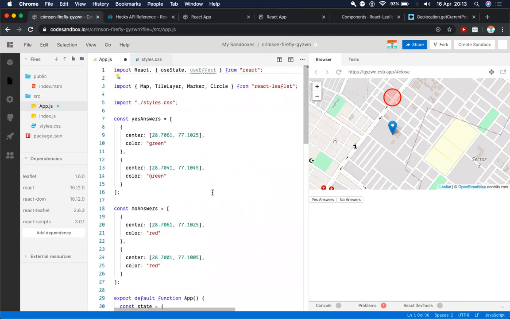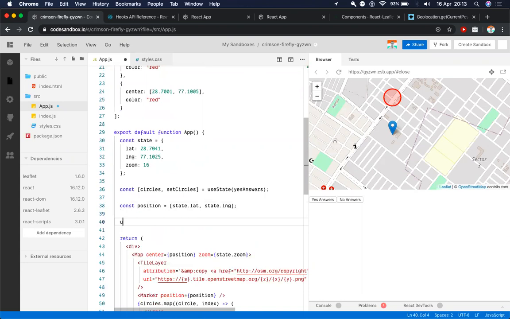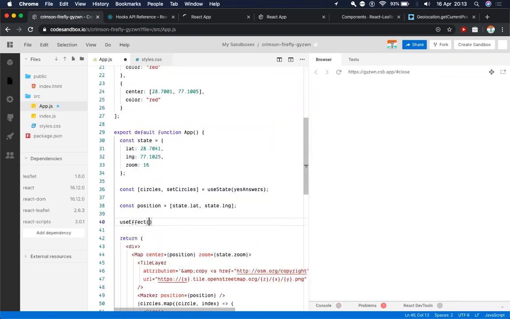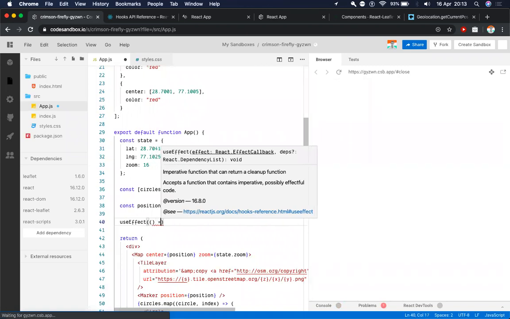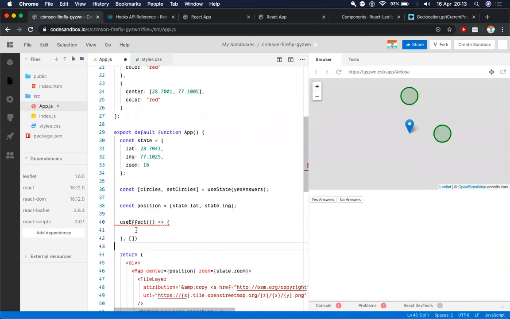Okay. So we import useEffect from React, and we'll call useEffect here. Firstly, let me define my useEffect. useEffect is a function which takes two parameters.